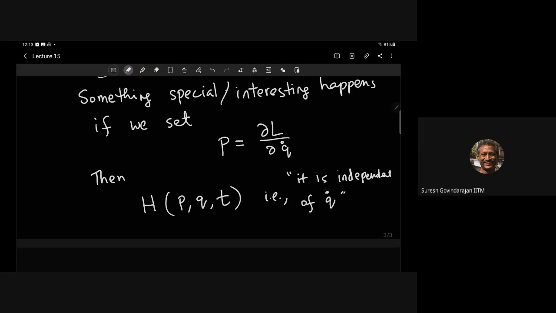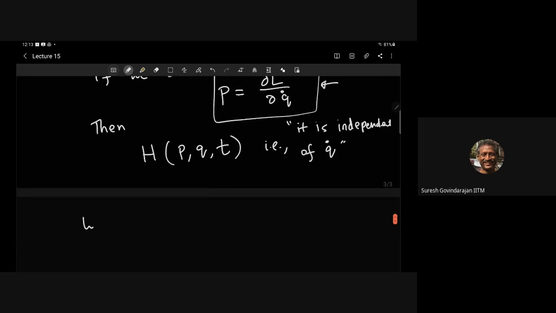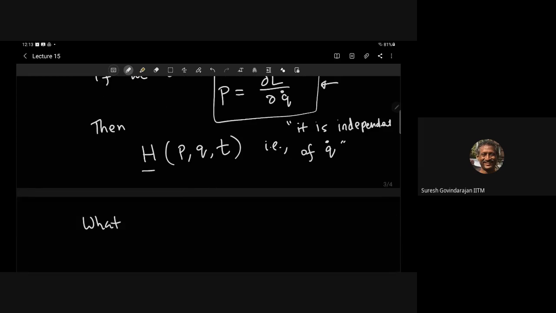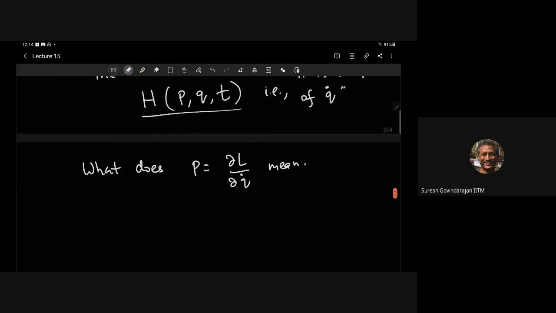Okay, so this is what is happening. This is the reason to go ahead and choose these things. Okay, so this is what we get, and good. But now what does this mean? So let's look at this. We have to make sense of this formula being independent of q dot. What does p equal to dL by dq dot mean? Okay, what it means is that